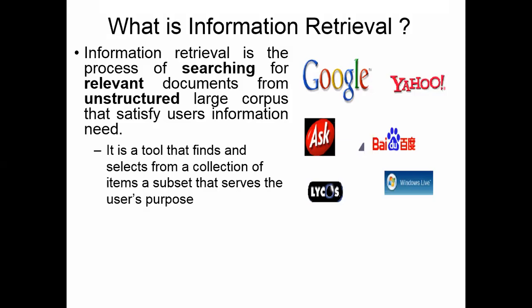Relevant means, among that unstructured large corpus, a document, an article, or a paper, or a book, identified for the user as one that will satisfy the user's information need. But actually, what's relevant for the information retrieval system may not be relevant for the users. Again, to what extent relevant documents are retrieved by the information retrieval system for the user's information need depends on